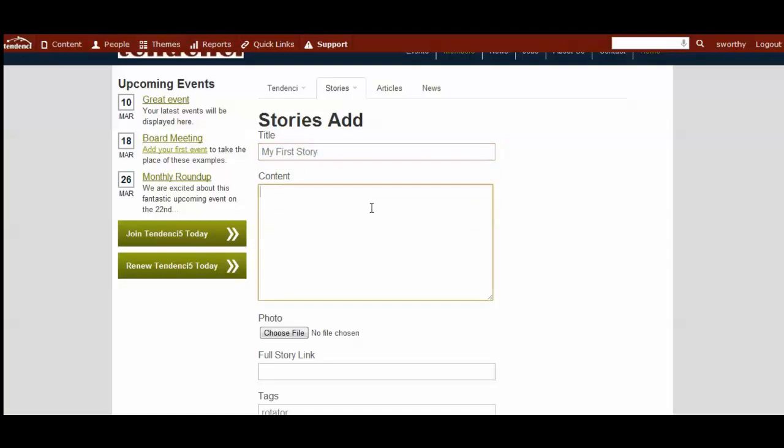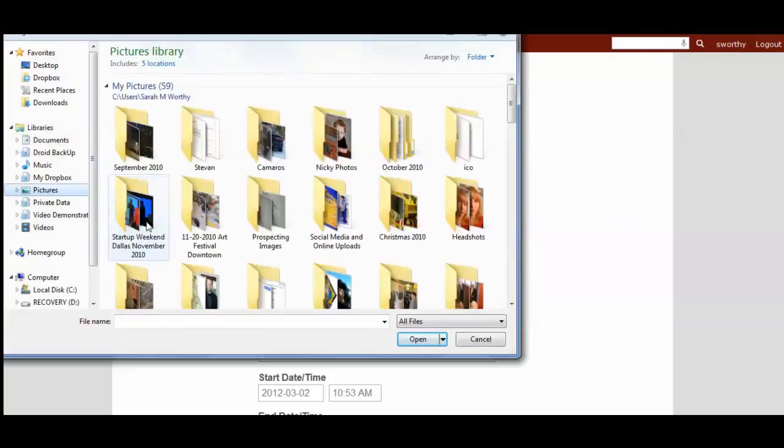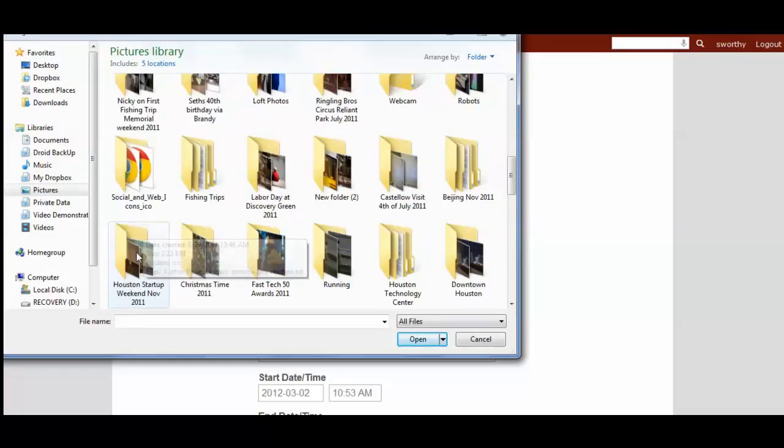So we're going to do my first story. Here's a content box. Add story details as you would like. And then you can choose the image. This is what will go inside of the story Rotator. So we're going to come down here and